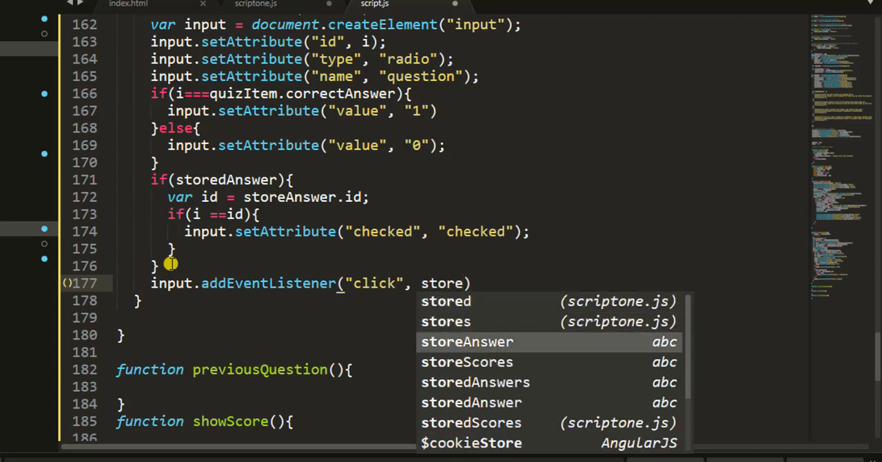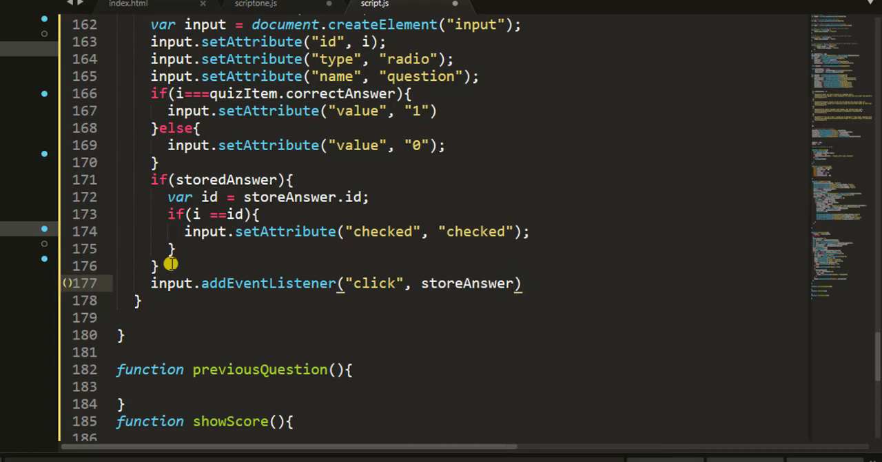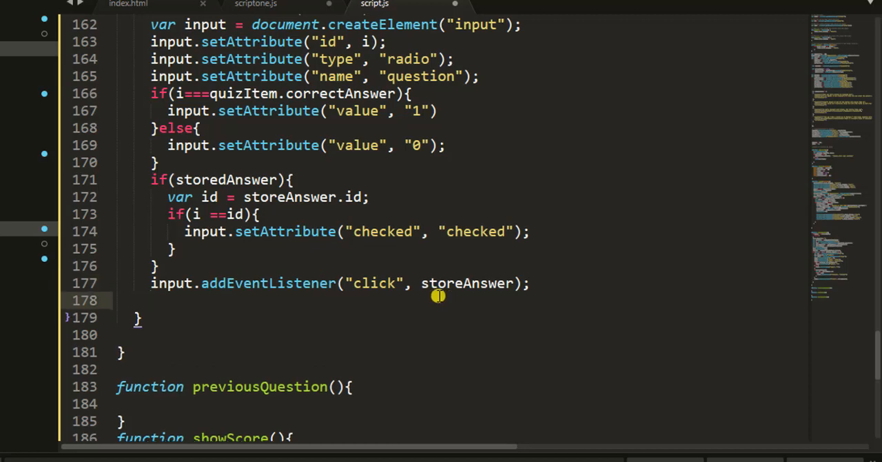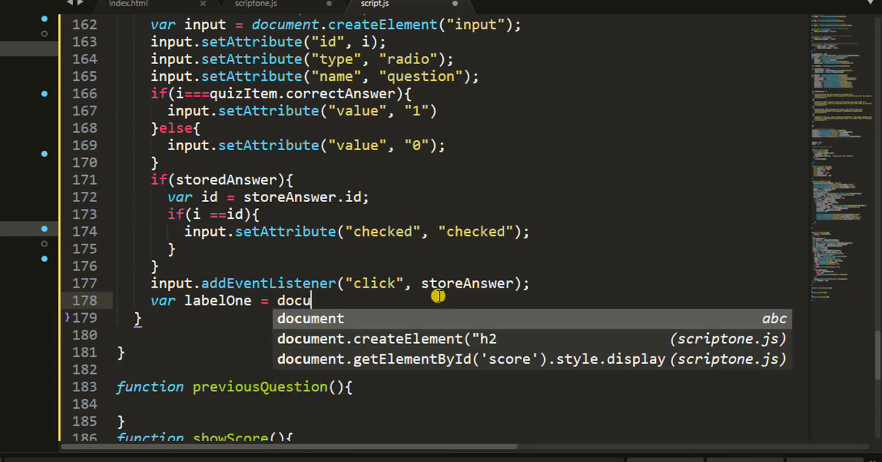Then we store the answer now. We want to save the answer into our local storage once the user clicks any of the radio buttons as his answer. So let's come down here and say var label. We want to give a label to each of those radio buttons. Var label 1 is equals to document